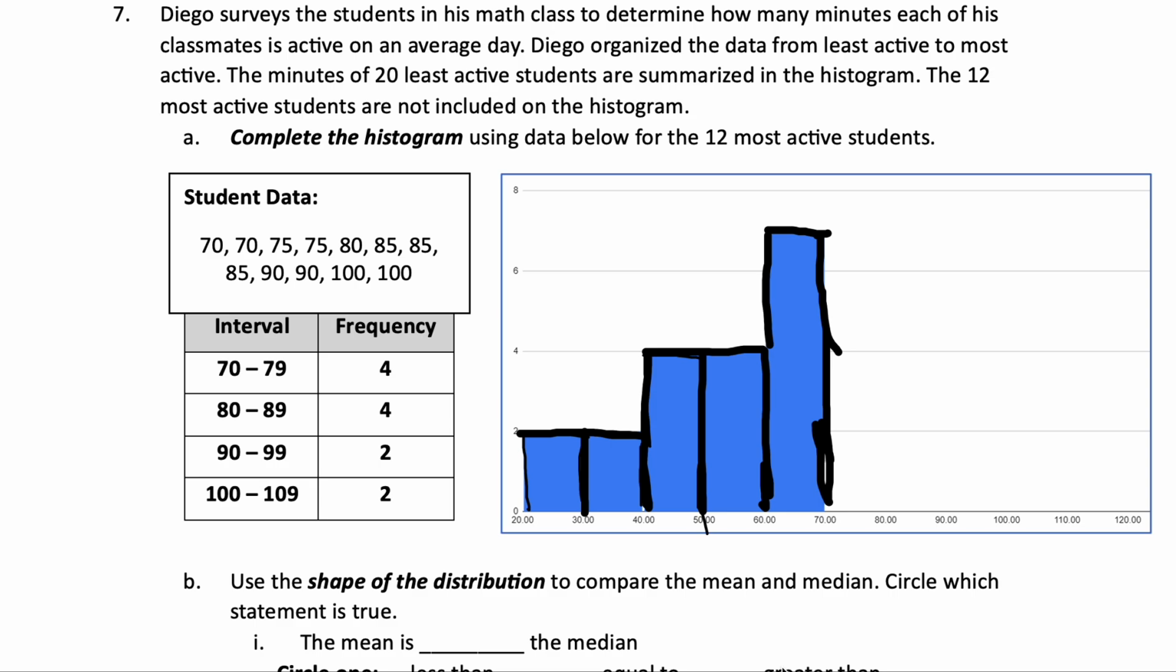So this is our Algebra Unit 1 Ender Unit Review, Part 2. So we're starting at number 7. Number 7 says,